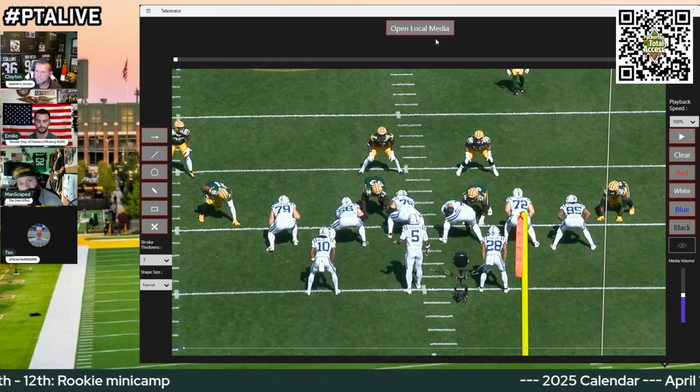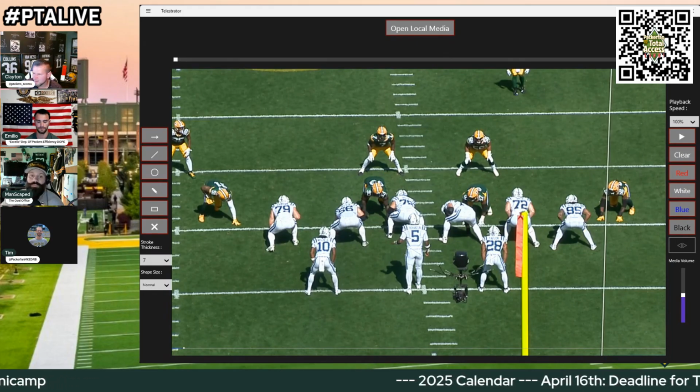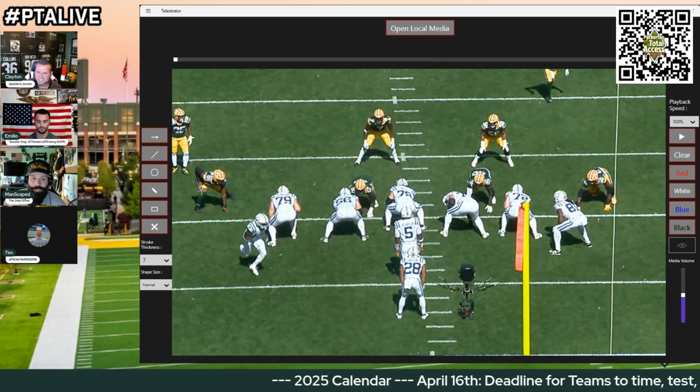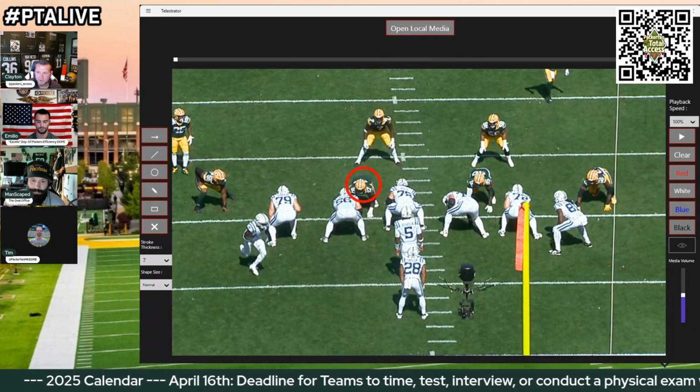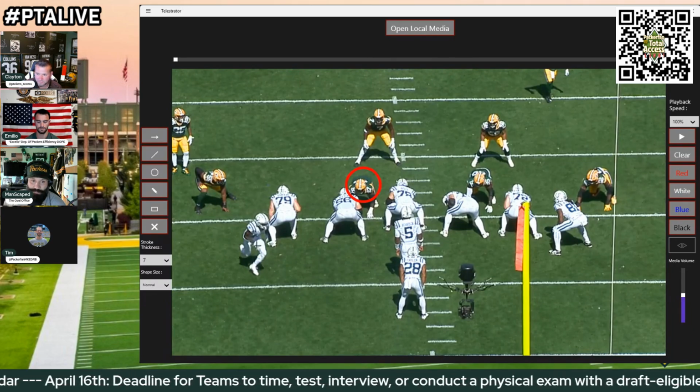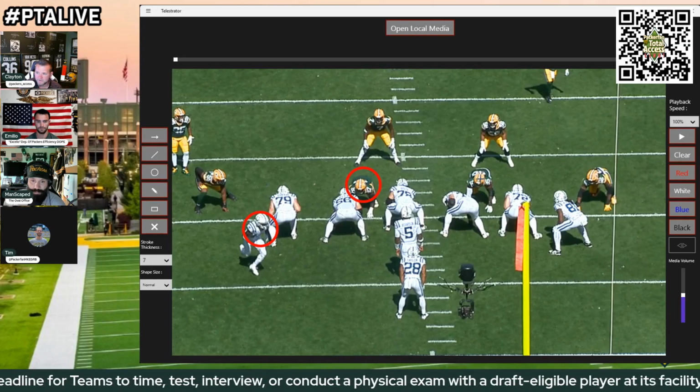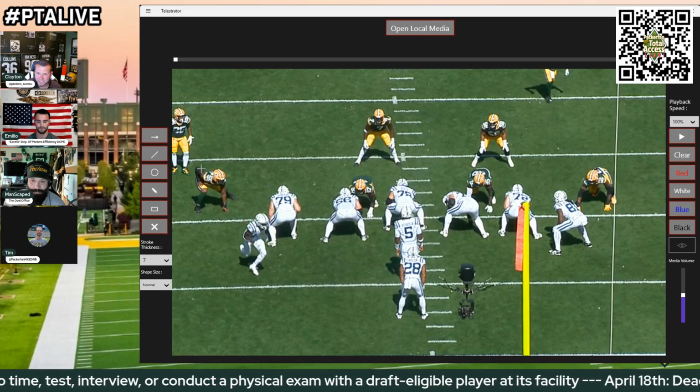So now if we go to the next screen grab, what you're going to see is Kenny is playing that 1-tech that we keep talking about, right? Because now you're probably in a passing situation. They're using a little orbit motion here. And look at Devontae Wyatt playing the 3-tech. So to answer your question,